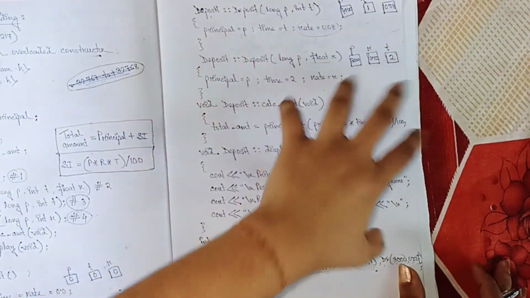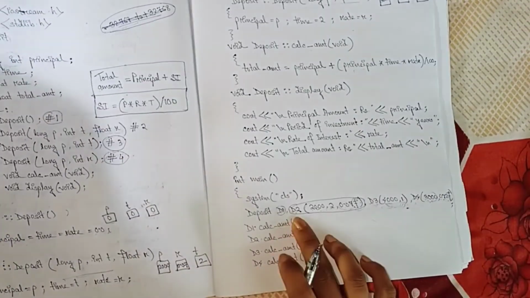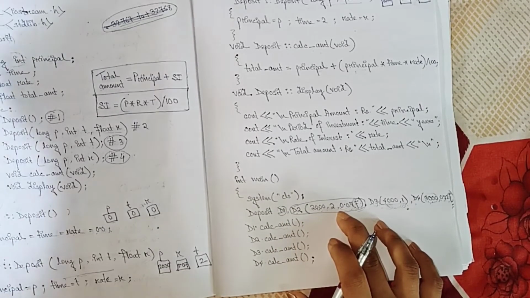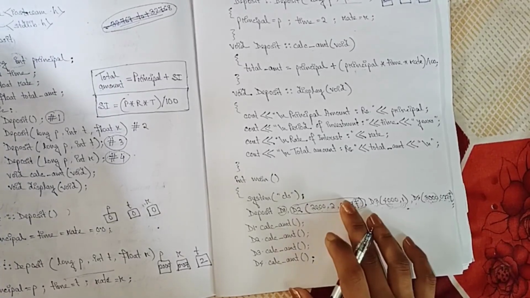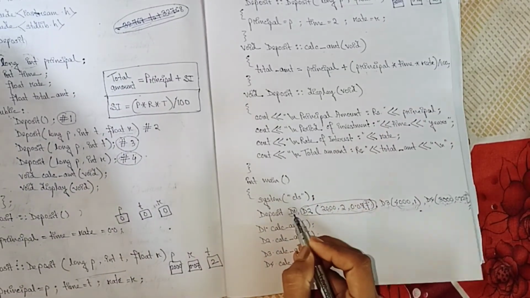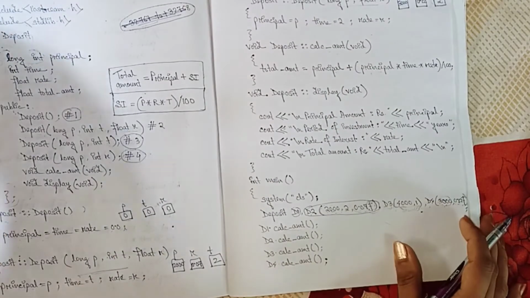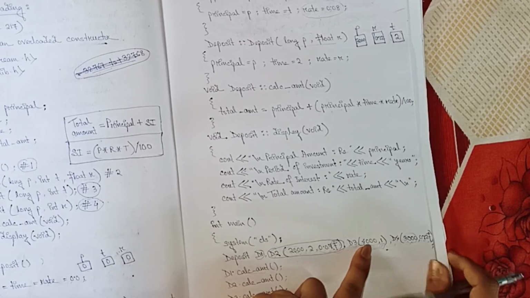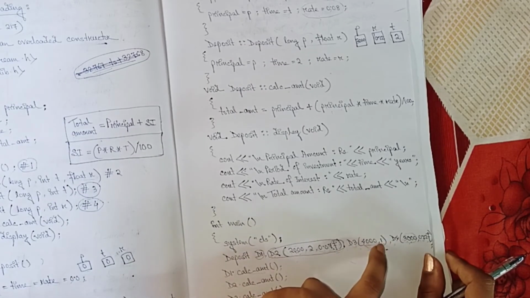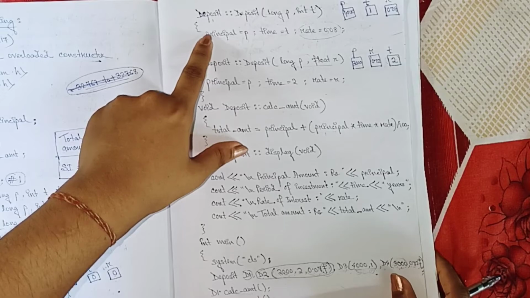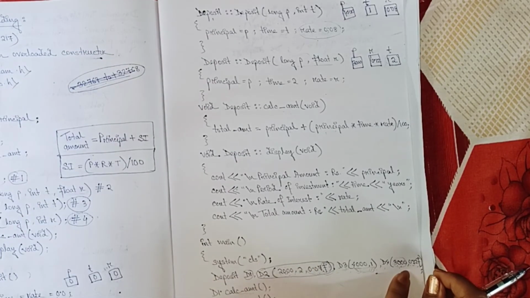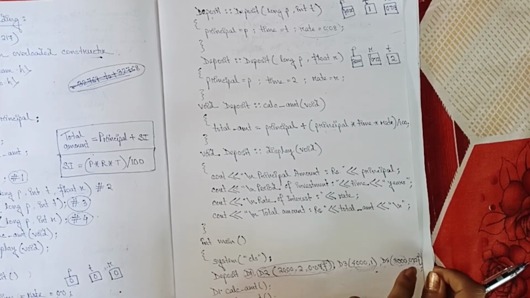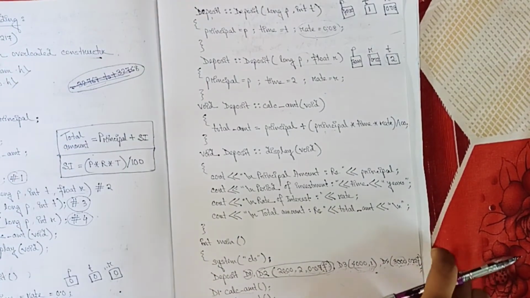This is how we have assigned values in the particular memory locations, because whenever we define an object in our main function, as soon as we define the object, it will invoke the constructor. D1 has no argument, so it will invoke the default constructor. D2 has 3 arguments, so it will invoke the second constructor. D3 has 2 arguments, first one long, second one int, so it will invoke the third constructor. And the fourth object has long and float types, so it will invoke the fourth constructor.